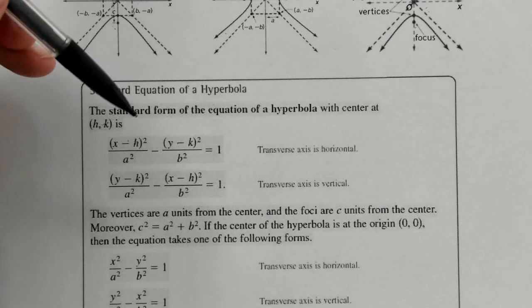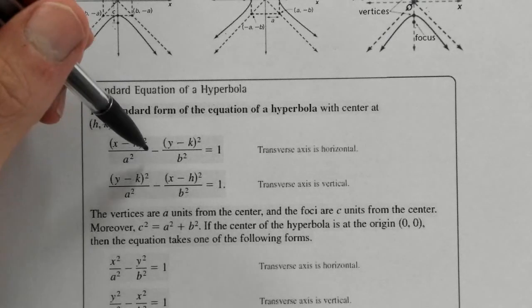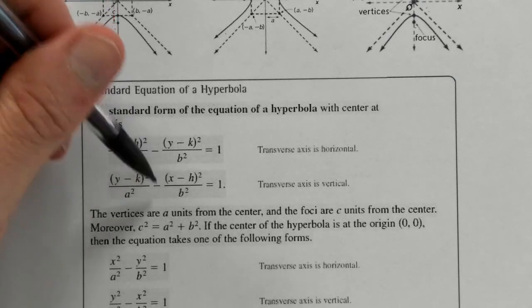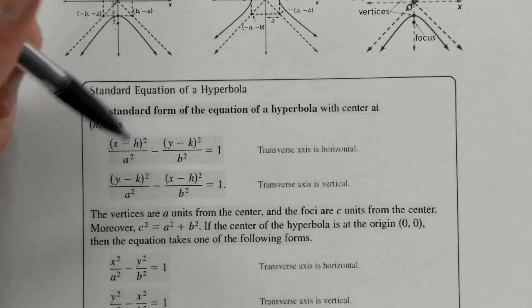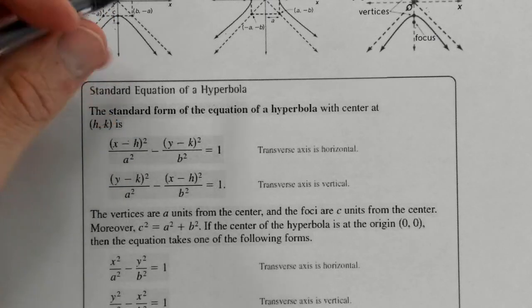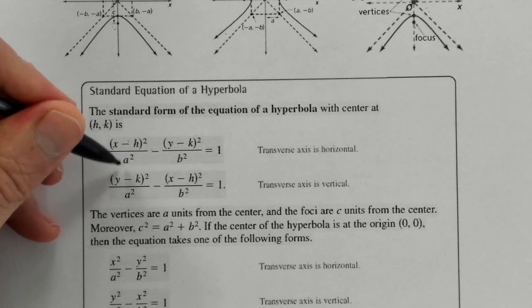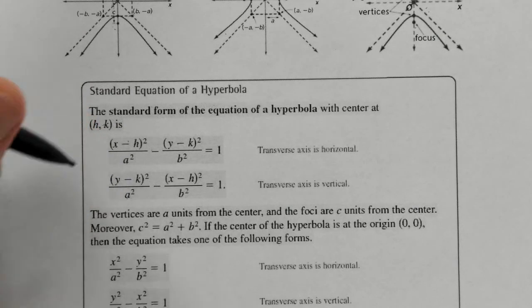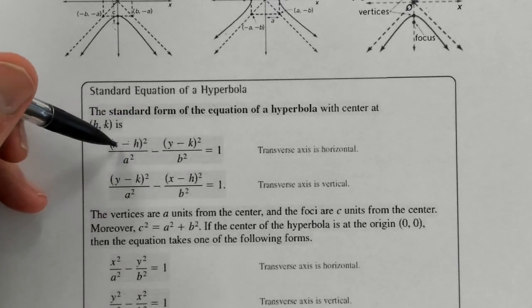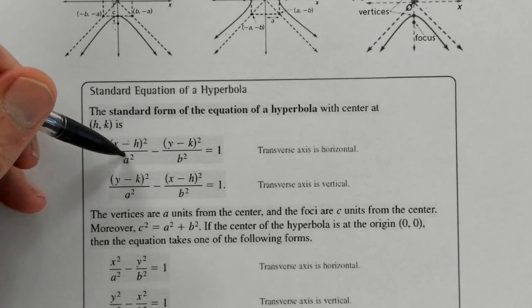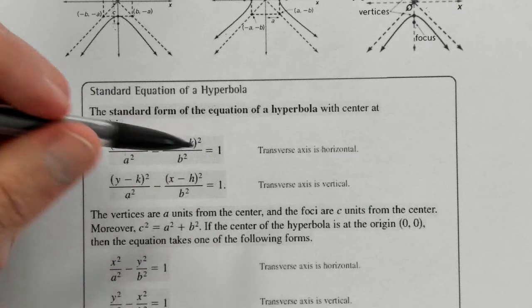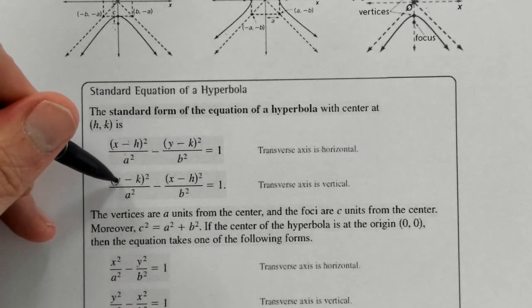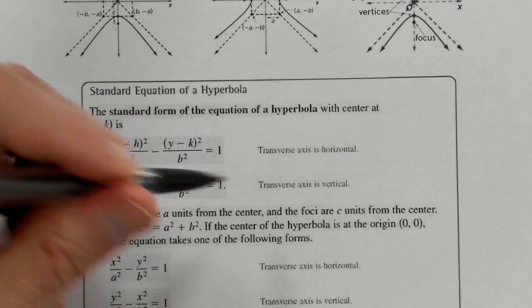And so how do we determine which one is which? Well, unlike an ellipse, there's not a plus here, it's a minus. And whatever value is here is always going to be your A. And so if the X expression comes first, then it is horizontally oriented. And if the Y expression comes first, then it is